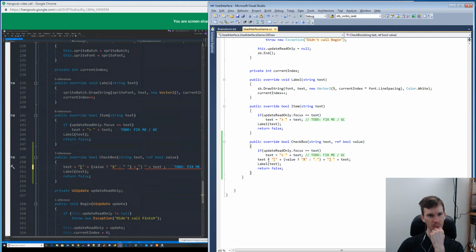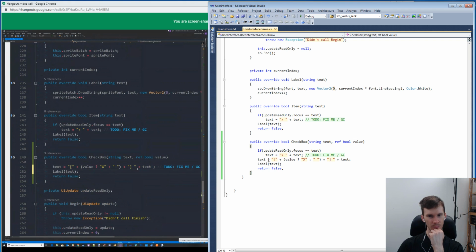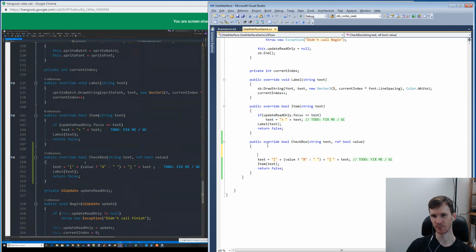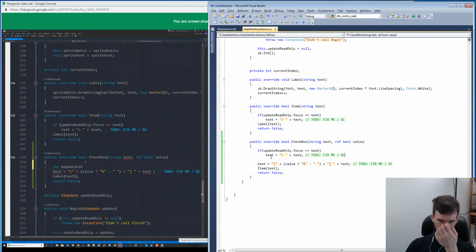I was like, oh, I don't want to call label and draw the thing twice, but basically what you're saying is just to add the checkbox. Well, no, I can't, because the caret has to go here, or the checkbox has to go here, right? And if I call item directly, it's going to literally render out. You've actually spotted something interesting here, and it may be worth looking into. You're absolutely right. I feel like we want to fix that,